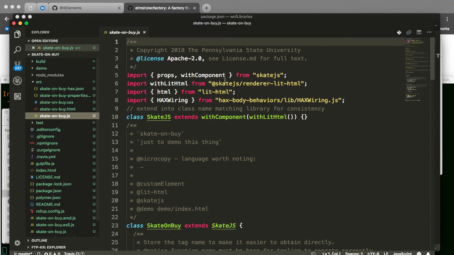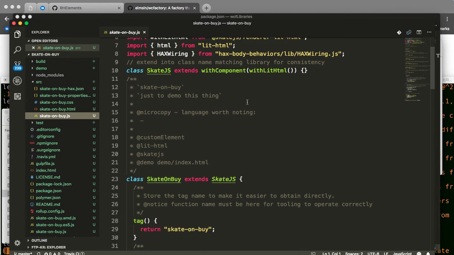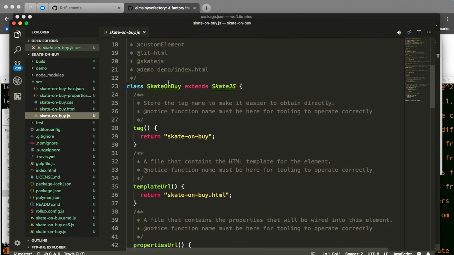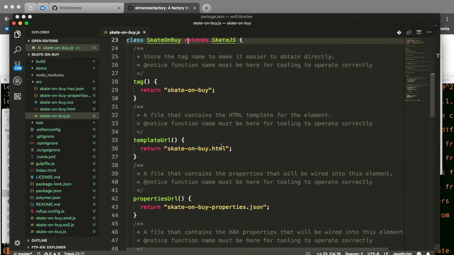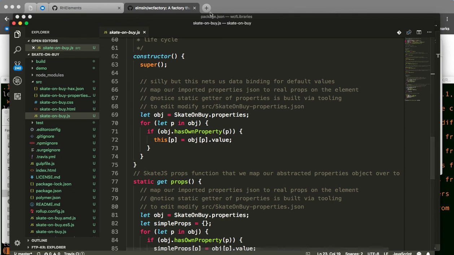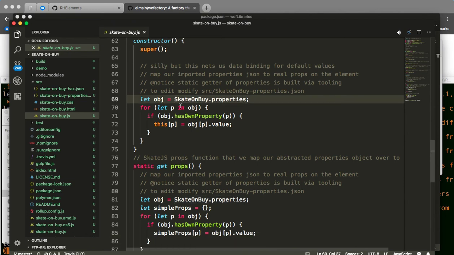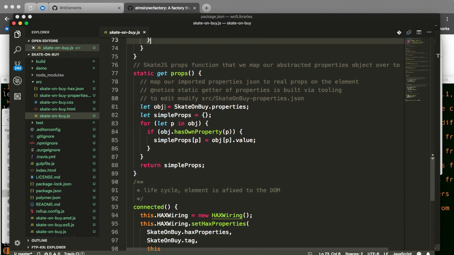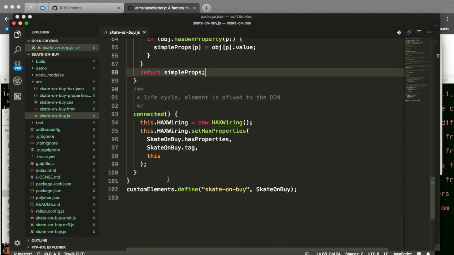And then when I go into skate on by, it's loaded that template, correctly put in place the right imports for this to work, and then it has started to use all of that language. There's skate on by, which is extending skate.js. We go down, we can see that we've automatically got some stuff in here that's going to loop in the properties. There are some assumptions you have to make in developing this way at the moment, but effectively these properties are going to be made available to your object at skateonby.properties. So in this case, I'm going to wire these in, and this just says, hey, it's for skate to be happy, and then it's defined in its props callback, and then down here we wire into hacks, and then we